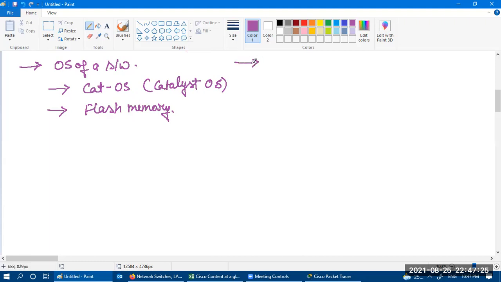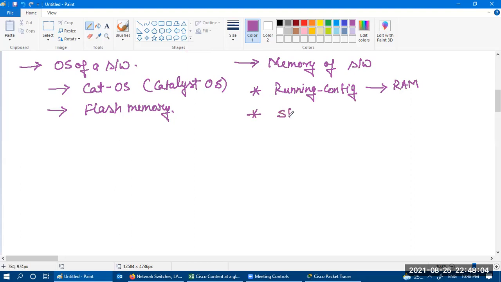In the same manner, if you talk about the memories of a switch, we have running configuration, which is stored in RAM.